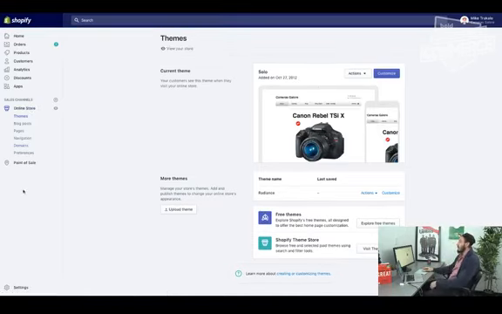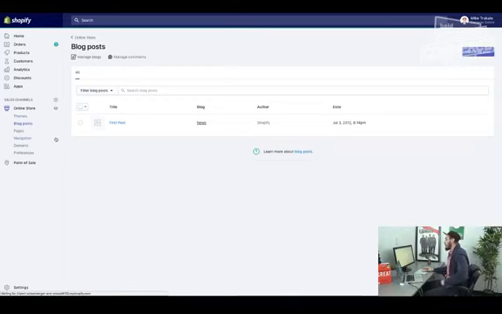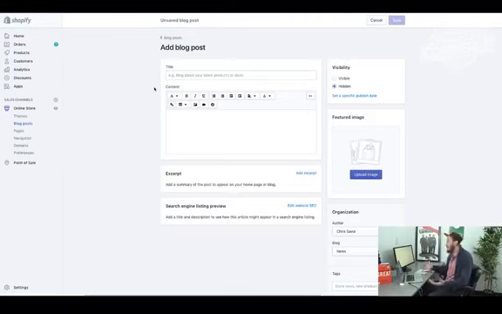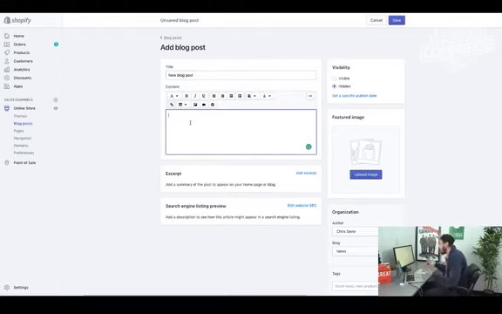Here you're going to be able to adjust your themes and your pages and whatnot, and that's something I'm sure everyone's familiar with. But you're just going to click on Blog Posts, and it takes you right here. Boom, Blog Posts. All you need to know here is this is how you add a blog, and it's really that simple. From there, everything's laid out for you. You type in your title, new blog post. And from here, you have all of the same aspects as a Word document. You can bold things, you can write in headings, you can write in subheads. Everything that you would naturally have the capability of doing with a Word document, you can do that for your blog.